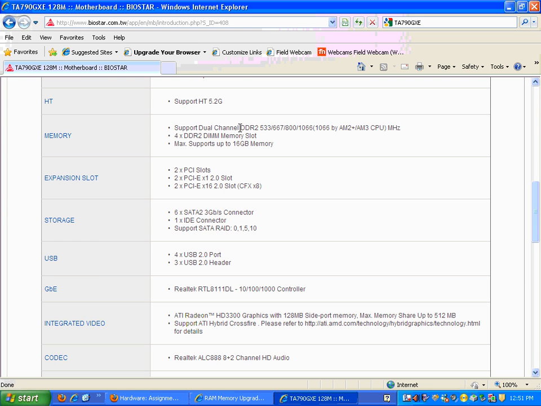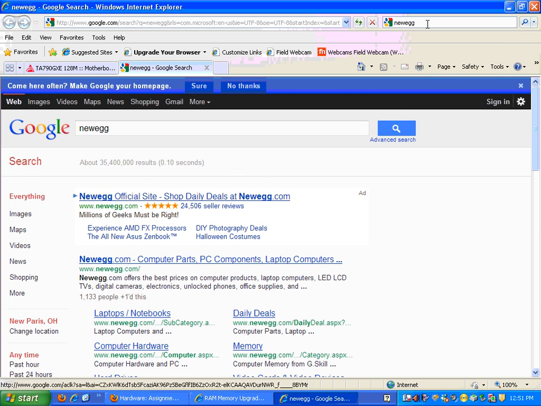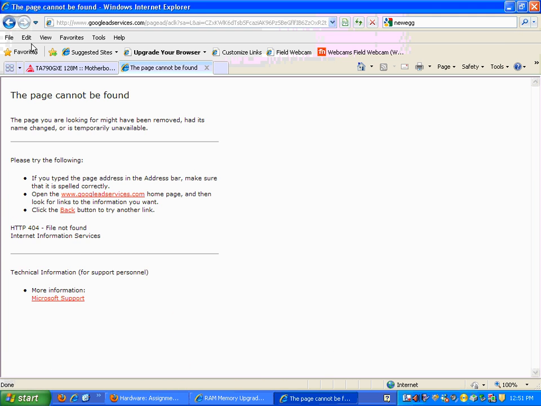So I'm going to look at DDR2 800 memory to upgrade this. So I'm going to look for particularly 4 gigabytes of DDR2 800 memory, and I might go to someplace like Newegg or any of the other sites that we use. Sorry, I didn't put it in. There we go. So I'm going to go to Newegg,